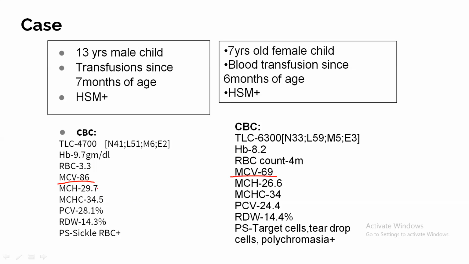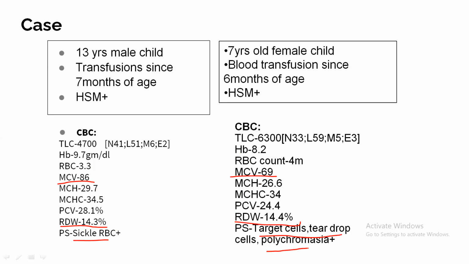And MCH and MCHC are normal, whereas the RDW is also within the normal range. And the peripheral smear is the most important thing. Here you can see the sickle RBCs, whereas here the pathologist has given target cells, clear drop cells, and polychromasia. So why I just kept this slide is basically if you are actually dealing with sickle